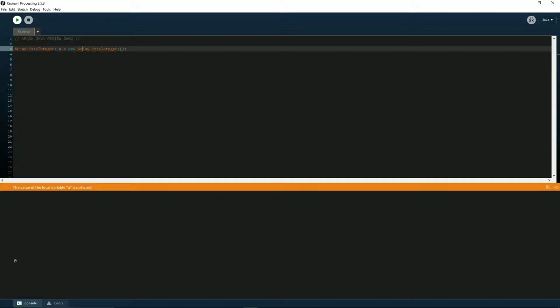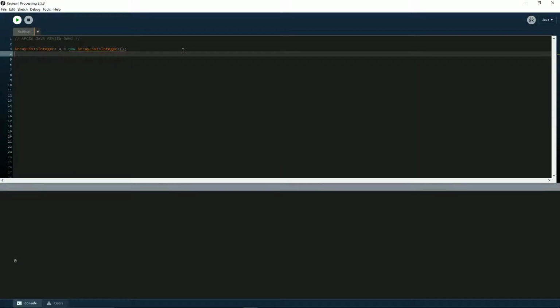Oh wait, Integer. There you go, okay. And sorry, I'm still on that ArrayList. So I've declared an ArrayList<Integer> a is equal to a new ArrayList also of an Integer. And this right here, that is where you can most likely put the size, but anyways, what an ArrayList is, it's a dynamic version of an array. So you can add anything to it, you can subtract anything from it. So I can do a.add(10),